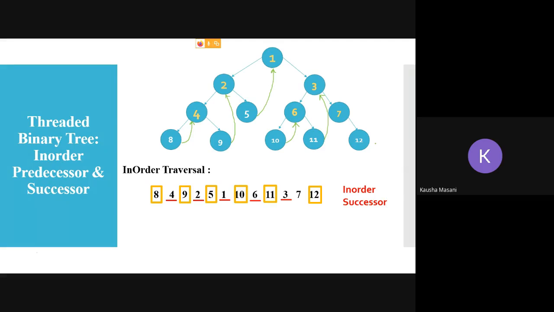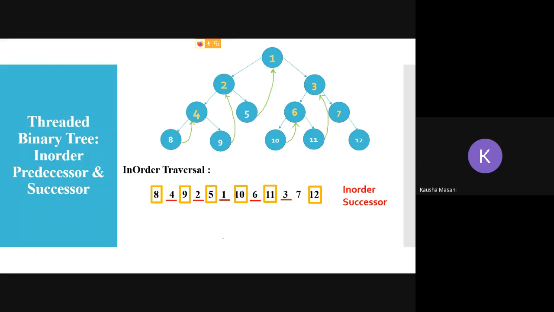Now if we talk about in order predecessors, what do you understand by the word predecessor? Normal English word, predecessor. Exactly, before. If you are creating a left threaded binary tree, then for the left threaded binary tree, you are going to consider in order predecessors. This was your right threaded binary tree. See this one, currently on your screens, what arrows I am pointing at, it forms your right threaded binary tree.